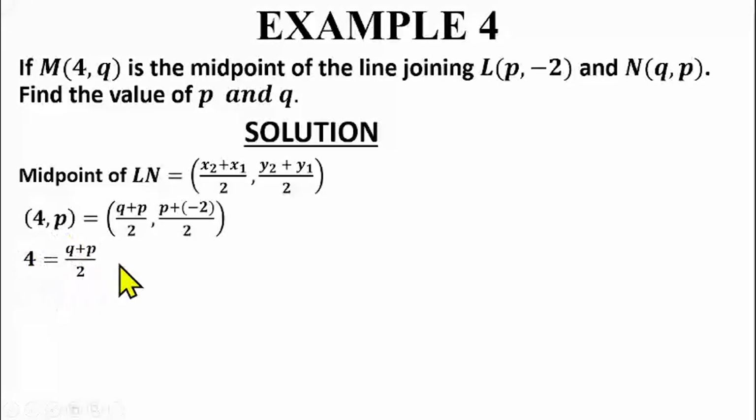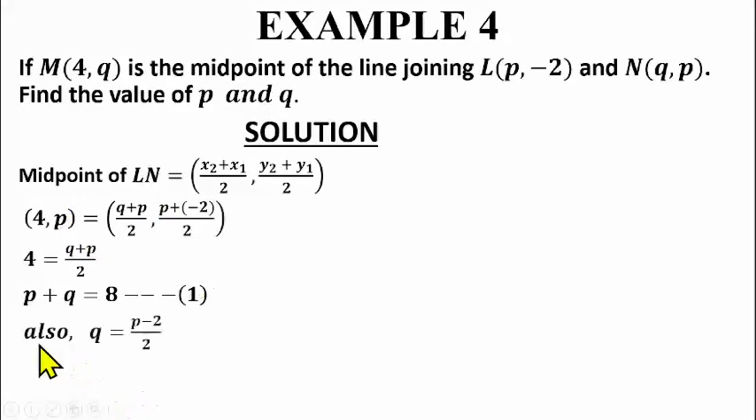So which we can simplify further to get an equation there. If you cross multiply here, you'll be having p plus q to be equal to 4 times 2 give us 8, equation 1. Then also here, p will be equal to this as well. You'll be having